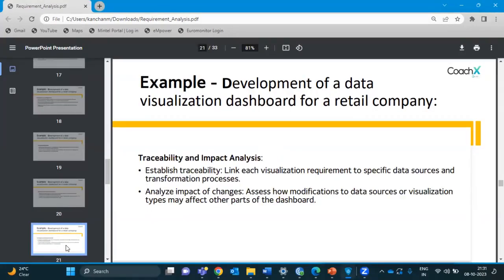ट्रेसेबिलिटी एंड इम्पैक्ट एनालिसिस, आपने अगर 10 विजुअलाइजेशन बना दिए, आप चेक करोगे कि ये फर्स्ट वाला चार्ट क्लाइंट ने बोला था सेल्स ट्रेंड बाय रीजन फॉर ऑल रीजन्स, ये हो रहा है या नहीं, यहाँ पर फिल्टर्स वर्क कर रहे हैं या नहीं। तो आप ट्रेस करोगे हर एक चार्ट और हर एक रिक्वायरमेंट के साथ मैच करोगे, ट्रेस करोगे जो भी बना हुआ है वो रिक्वेस्टेड है या नहीं, और उसमें क्या क्या पॉइंट्स और कंस्ट्रेंट मेंशन्ड है। ठीक है, दैट वुड बी ट्रेसेबिलिटी एंड इम्पैक्ट एनालिसिस। और इम्पैक्ट एनालिसिस में अगर कोई चेंज है तो उसका आप चेक करोगे कि कितना इम्पैक्ट हो रहा है। ज्यादा इम्पैक्ट है तो हम थोड़ा सा टाइमलाइन एक्सटेंड करेंगे, अगर एक दिन में या थोड़े घंटों में हो रहा है तो आप वो इम्पैक्ट और या वो चेंज कर लेंगे आफ्टर हैविंग ऑल अप्रूवल्स, अगर आपको अप्रूवल मिल गया तो।